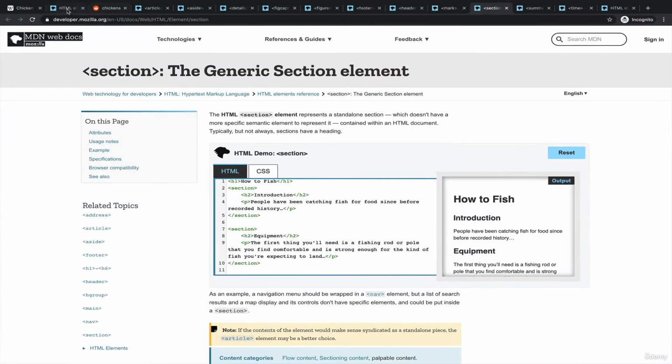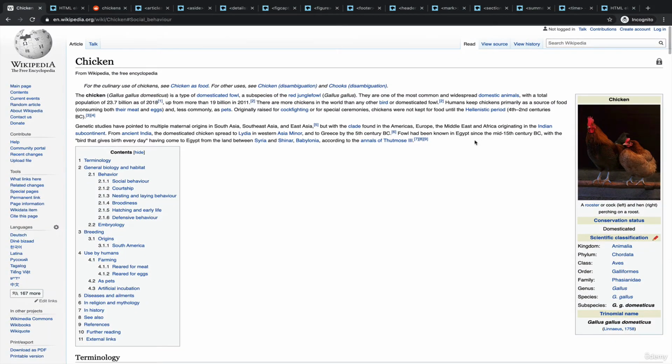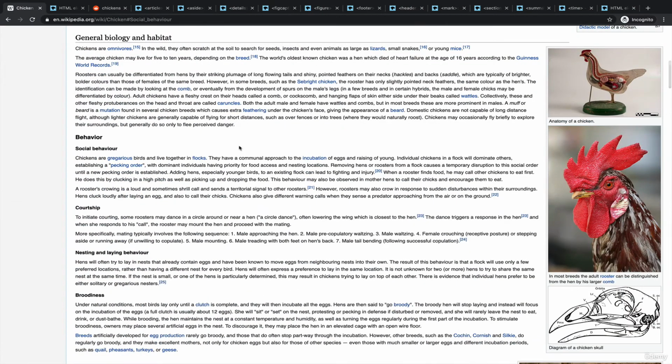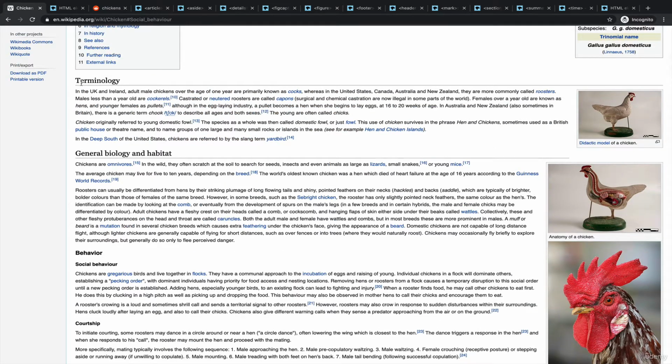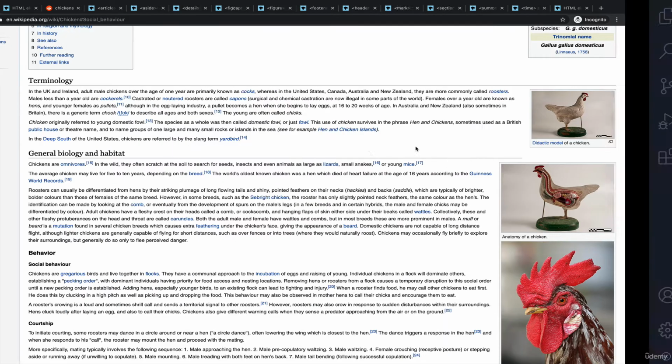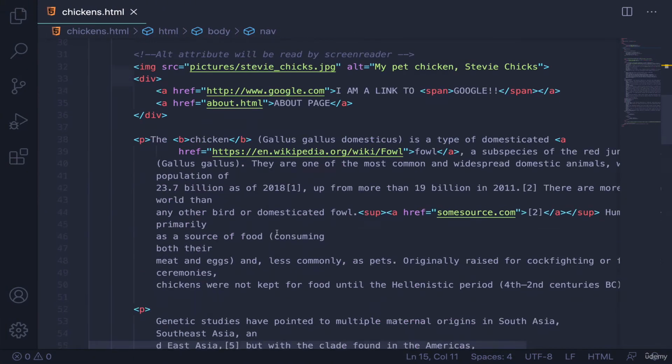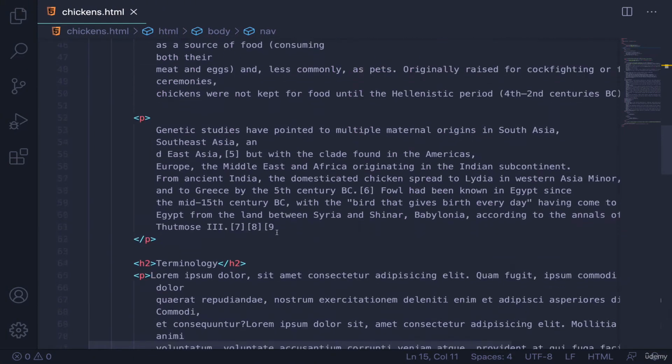But if we go back to Wikipedia, I think it's a little clearer. This could be a section of content. And then this right here, maybe you do it for each chunk. So that's a section there. You don't have to, but it's just one option for dividing up your markup. And I'll do one example. Why don't we put a section in